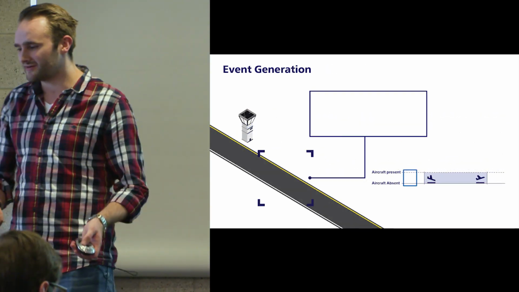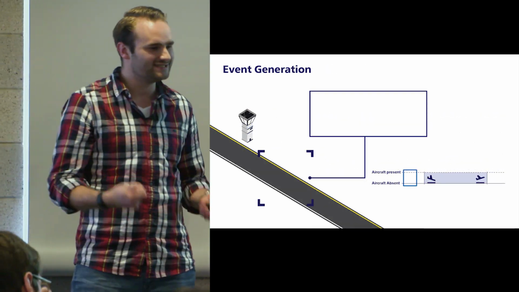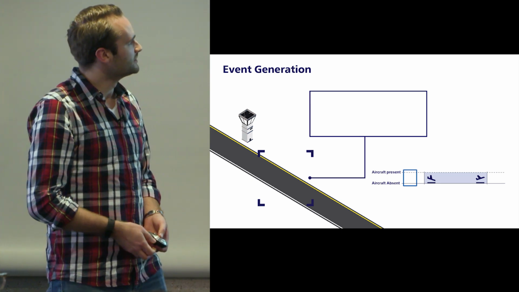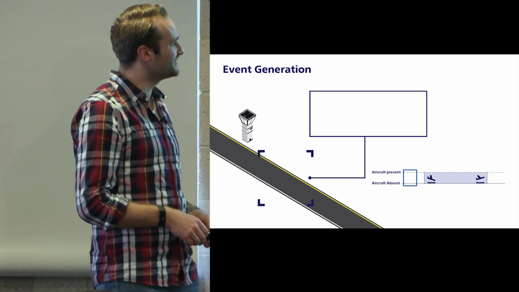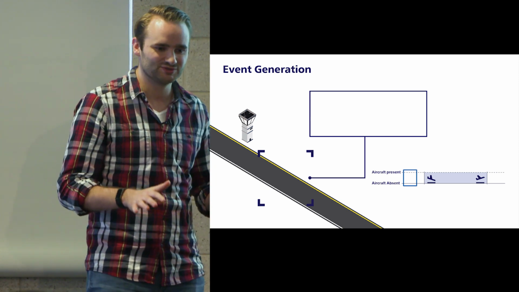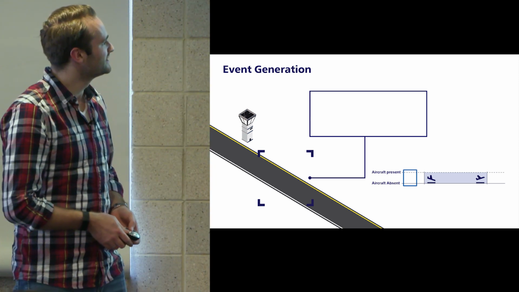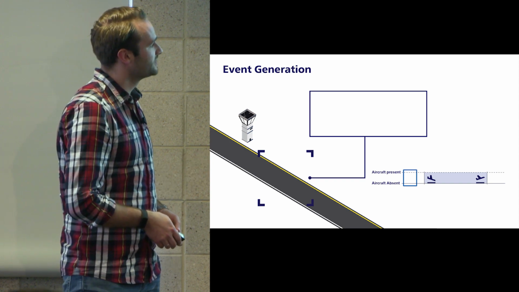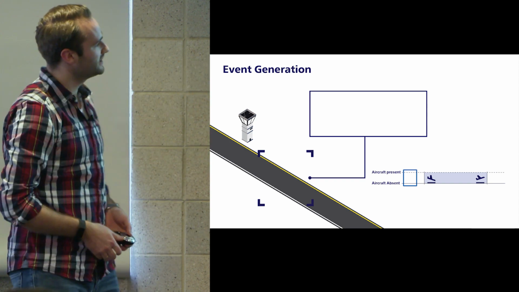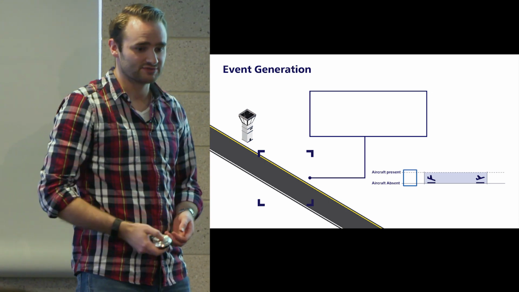So that's where event generation came in and why we actually need this. To give you a bit of an example, I should say before we start, this is a bit of a hypothetical because we work slightly differently than this. So let's say this aircraft arrives. Okay, awesome. So on the right down there, you'll see this aircraft present and aircraft absent, the two states that